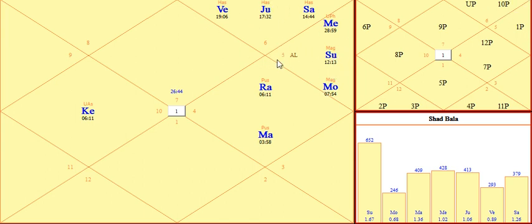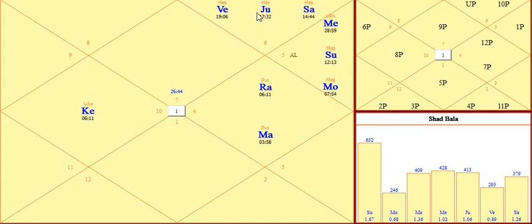11th house, Leo, is ruled by Sun. Sun is placed here. So whenever the house lord is placed in the same house, you have to count 10 places from that house to calculate the pada. So 1, 2, 3, 4, 5, 6, 7, 8, 9, 10. So the 11th pada will fall here. So this is also an exception. If you apply that exception, the pada cannot fall in the same house. So the 11th pada won't fall here because it is the original house. Whenever the house lord is in the same house, you have to calculate 10 places away.